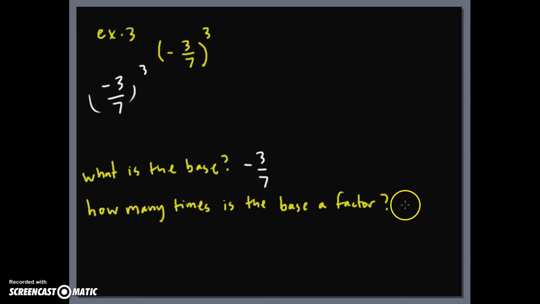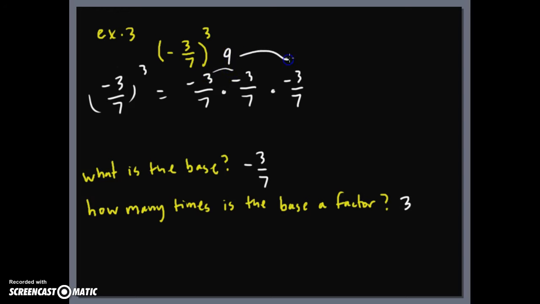How many times is it going to be multiplied by itself? 3 times. So negative 3 over 7 times negative 3 over 7 times negative 3 over 7 is the same thing as just saying, what is negative 3 cubed? Well, negative 3 cubed would be negative 3 times negative 3, which would be positive 9. Positive 9 times a negative 3 would be a negative 27. So we get a negative 27 for our numerator, and then 7 times 7 would be 49,